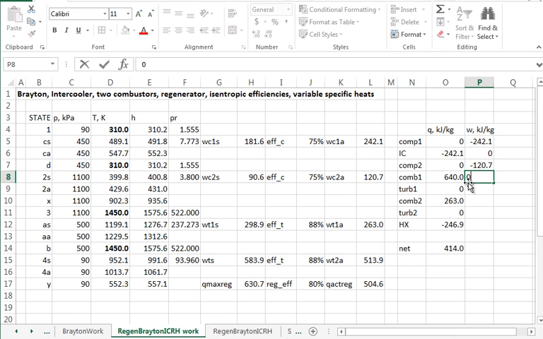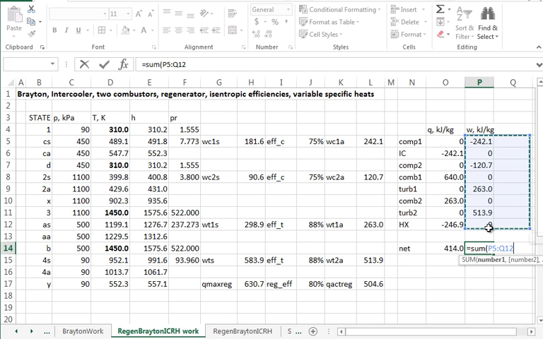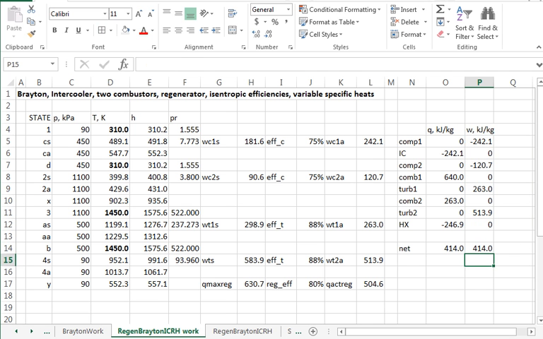The combustor is 0. The turbine is, this is positive work out. And we have a combustor, no work. Then we have the second turbine, and then that imaginary heat exchanger, 0. And we just say do the sum over all of those. Is it going to work? Half the time it doesn't, and then I have to go and look for my error. If Q net's not equal to work net, look for a sign error or some shift,